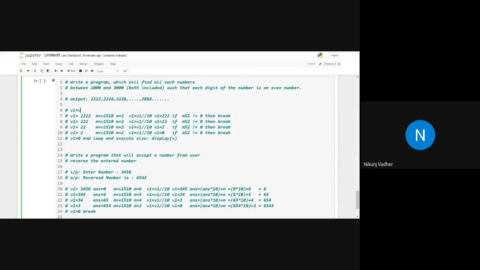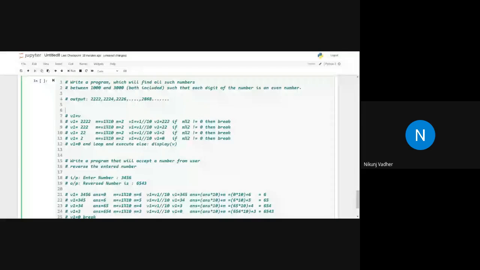Now, this we have done for one number. We will put this into a loop: for loop in 1000 to 3000, v equals integer, any number.